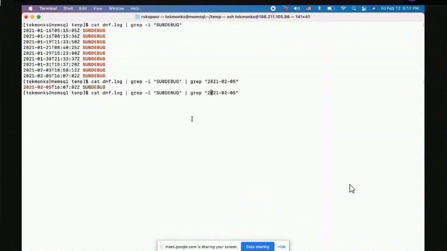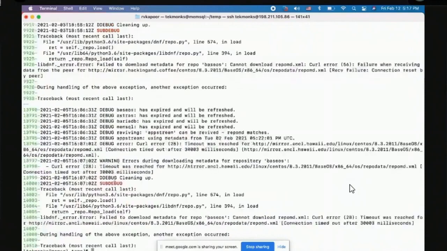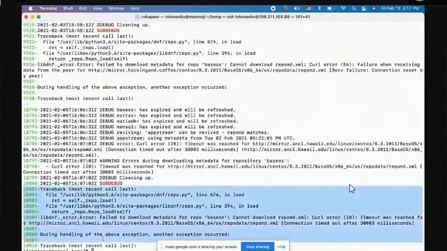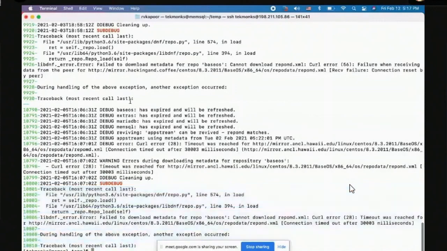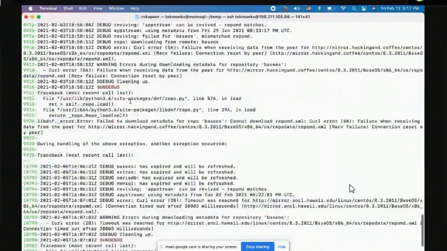But now I say, okay, fine. The debug event that happened on this date, this is my keyword. This is my date. But what I'm also looking for is, and maybe, -n 10. So give me 10 lines. Let's first look at what it gives, and then we'll see if we can filter it down more. So now every time it sees this thing, it's giving me 10 extra lines after that. So I can say, okay, when this happened and what happened after that is right here. So this usually will give me what I need to know,